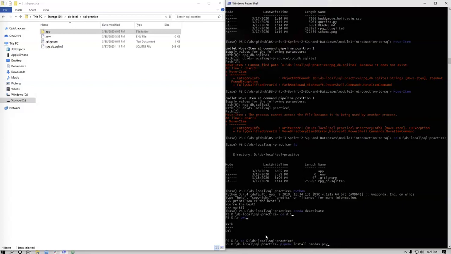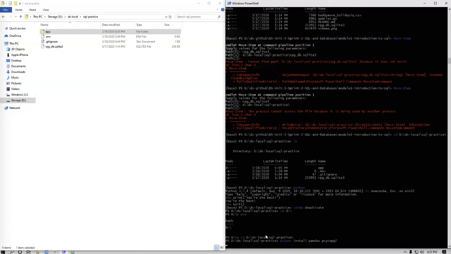You could, yeah. If I wanted to specify a particular installation, my default installation I already know is the Anaconda 3 installation, version 3.7.4. However, if I had another version on my computer that I wanted to use, I could specify that by saying Python 3.8, and if I have that version available, it will use that instead. In my case, the default's fine. Pandas and psycopg2. I think I have that available. We're just going to go ahead and run that.